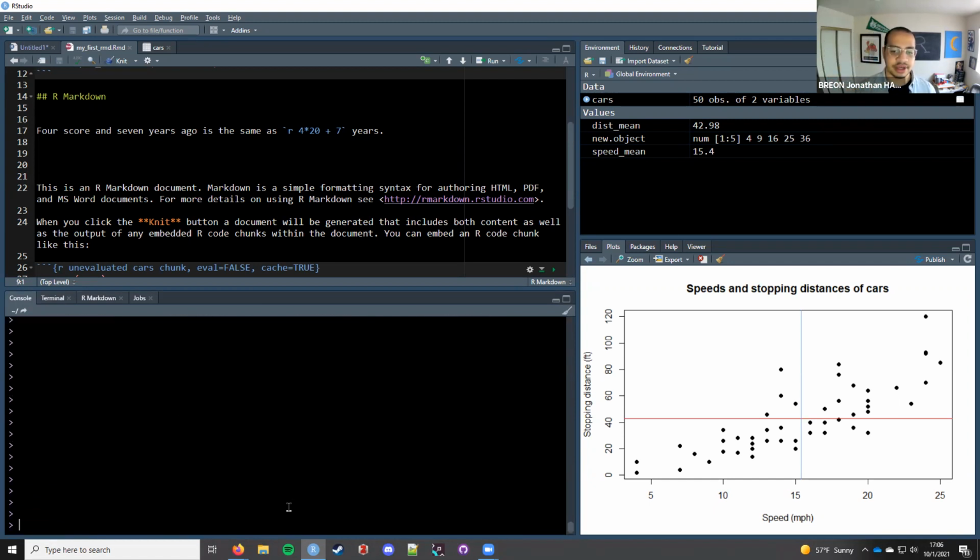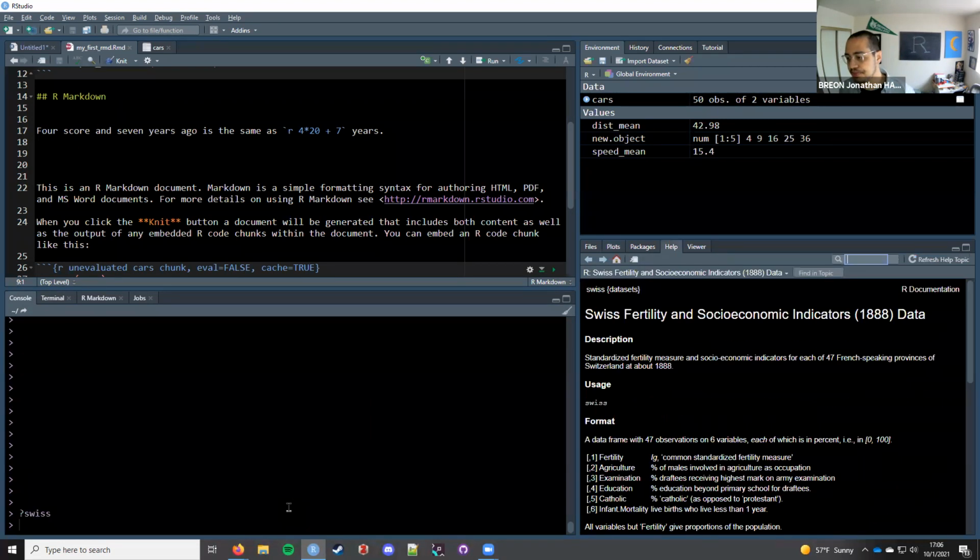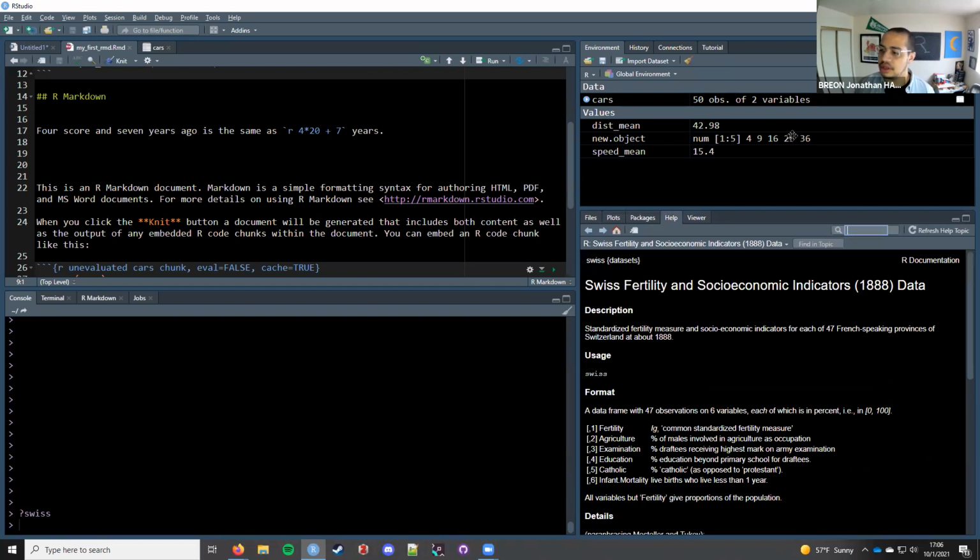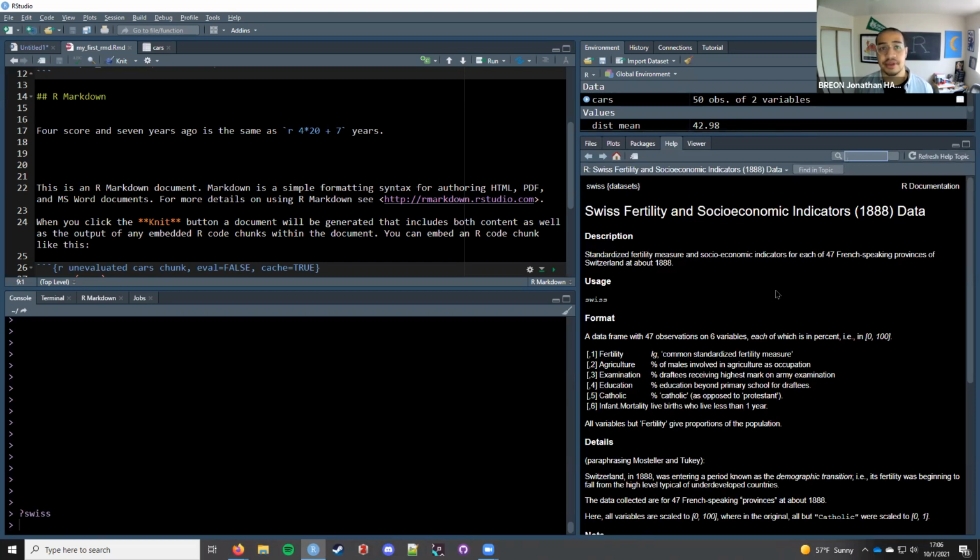Move on from having that in my console, so I can just mash escape as if I had left off the thing in the 11 minus 2 example from earlier. We'll just use ?Swiss. And here in the help pane, it will tell us a lot about built-in data sets.